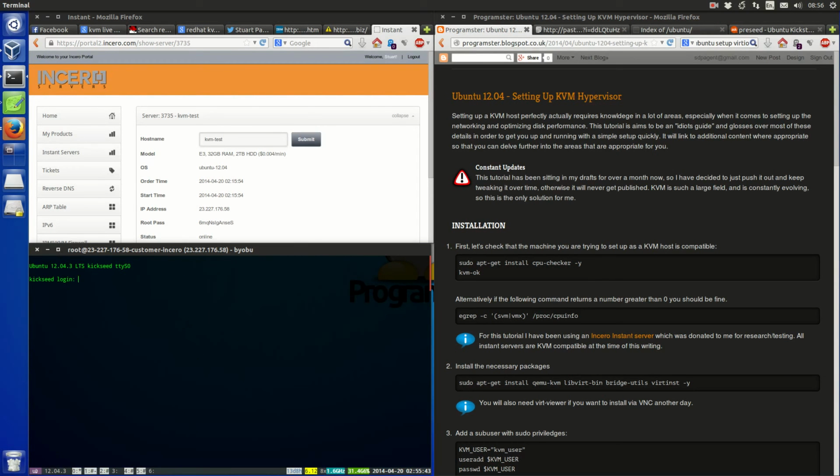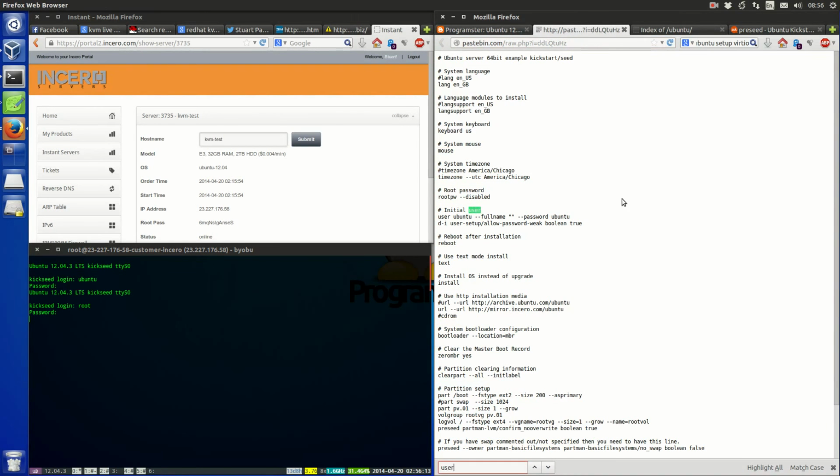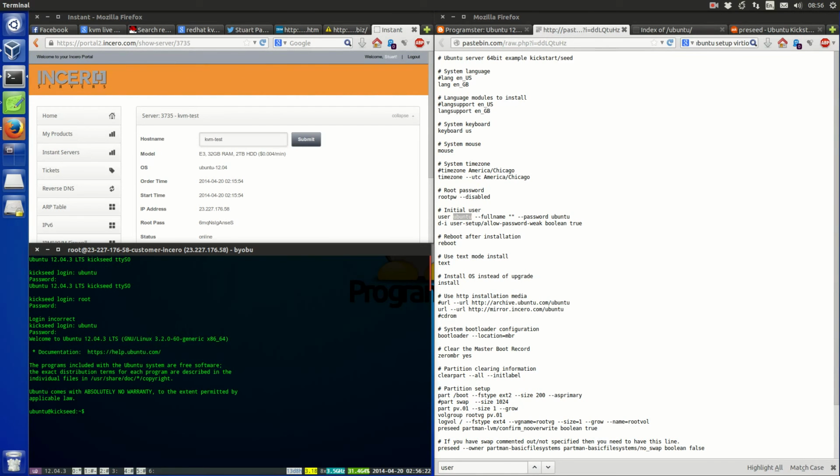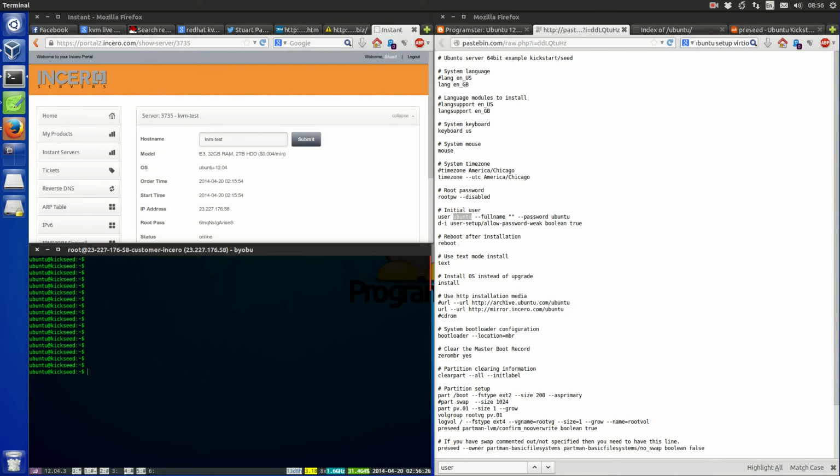There we go. So, your host name defaults to kickseed, but you can just log in as Ubuntu. No, sorry, log in as root. Password is Ubuntu. I believe it's whatever's in here. User Ubuntu, password Ubuntu. It should be the same as Amazon Web Services. And as you can see,